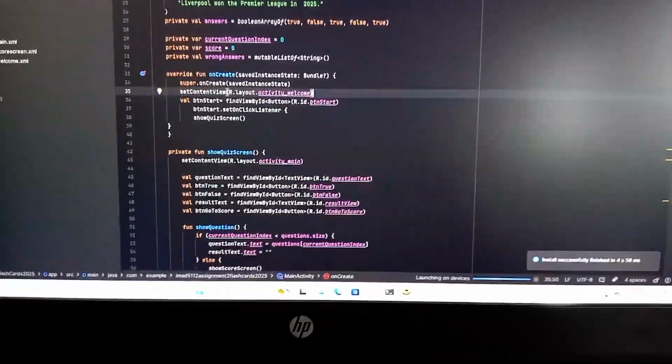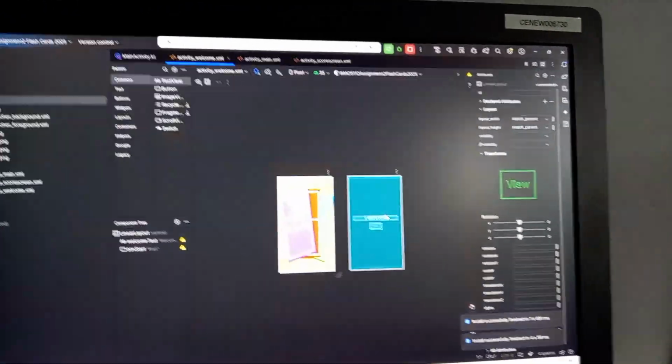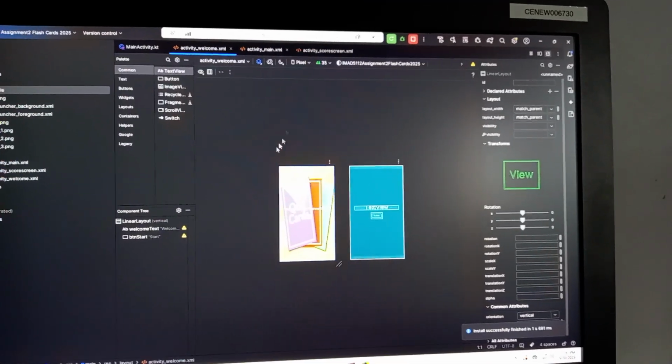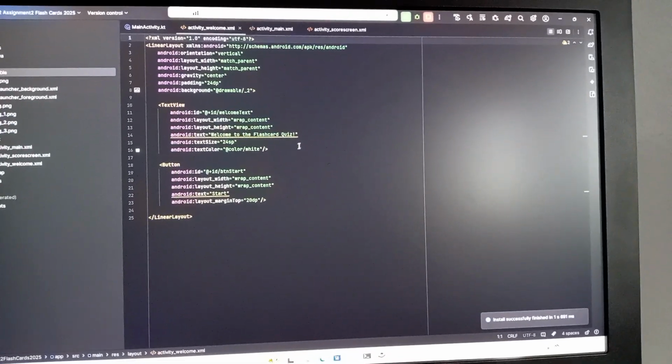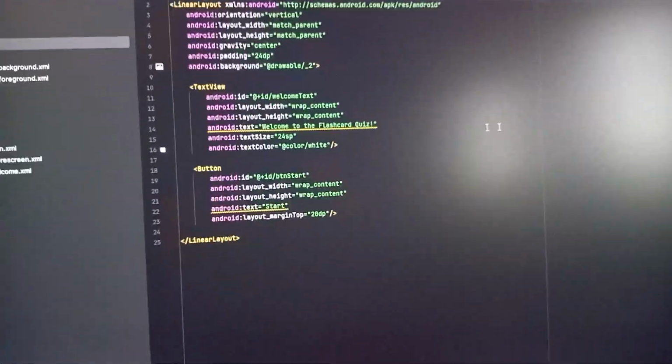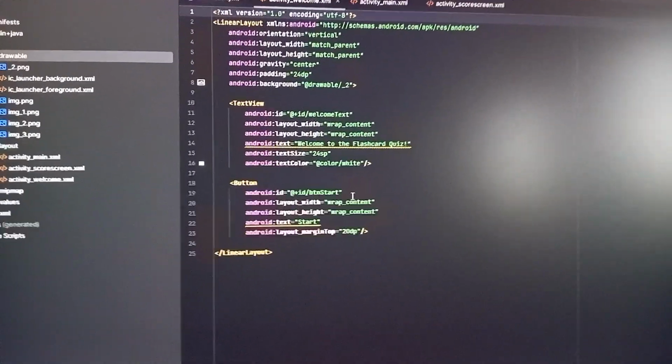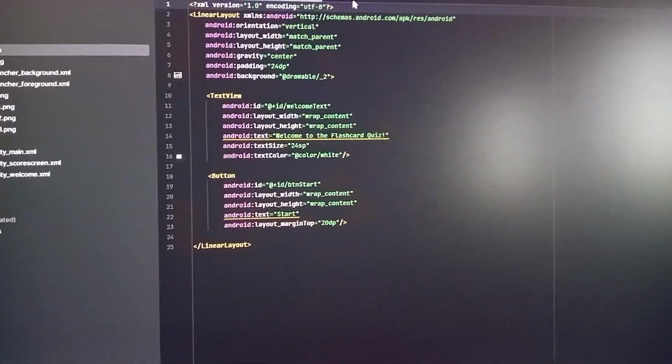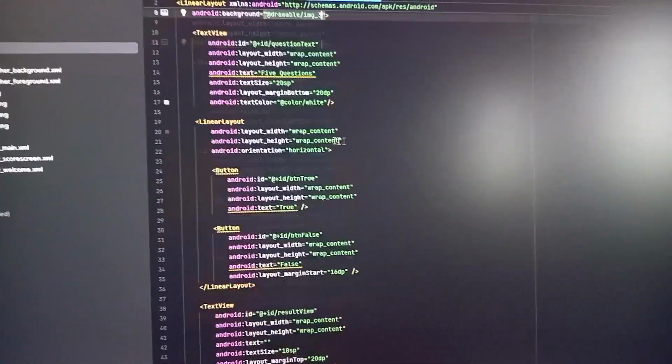Okay, so my code has three layouts. Welcome layout, with the text view saying welcome to Flash Quiz Cards, and then a button that has a start button. The ID is btn start. I also have